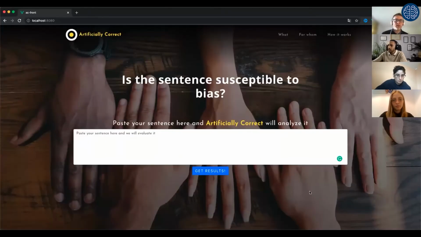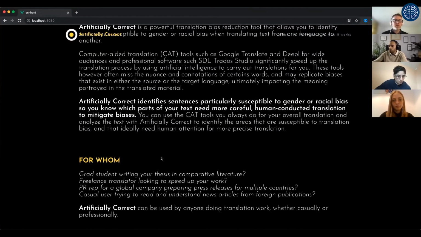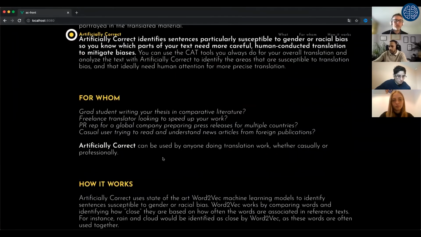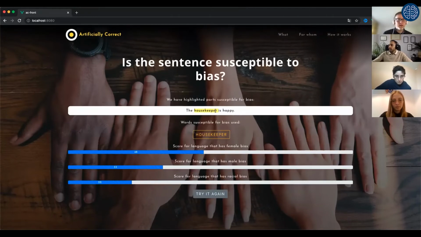I just need to change my screen here. So here we have this website that we created, a simple website that you can go on. It gives you some explanation of what we want to do, whom it is for, and how it works. This is our first solution that we want to make public, and you can just type in things. Simon, I remember you gave a sentence earlier, the housekeeper is happy. If I put that in here and click on get results,